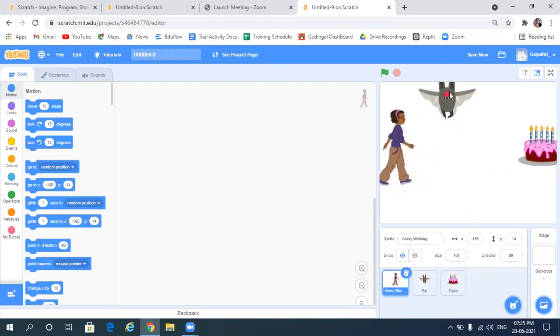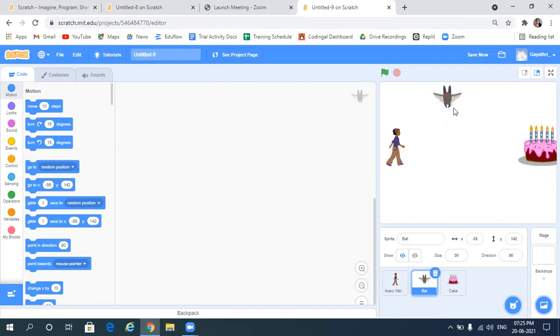Okay, click on the bat. We'll reduce the size. By default it is 100. We'll make it 50. Then click on the girl, and for this also we'll make the size 50. Now the bat is not moving still and the girl is also not moving. To program for the bat, double click on bat, so you can see the bat here on the screen.